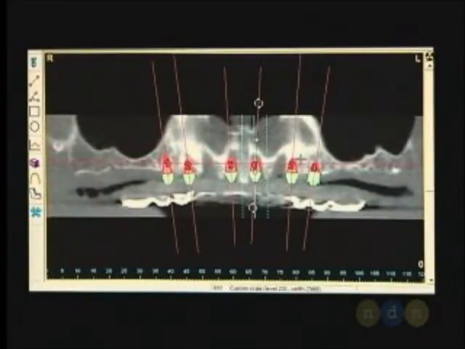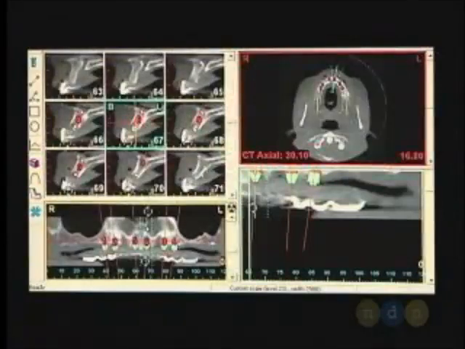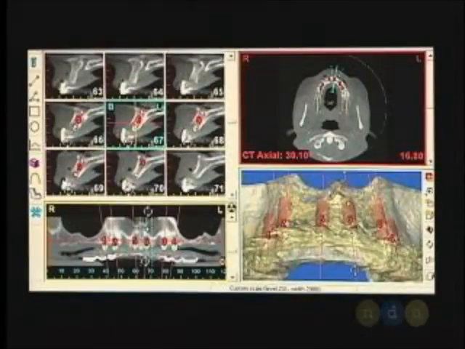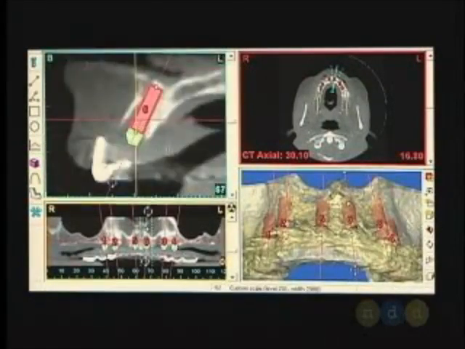We're going to go ahead and you can see that we're going to avoid the sinus on the left side, avoid the canine extraction defects. So I'm going to place my implants in front of the sinus and behind the canine defects, 2 in the central area and 2 posteriorly either side, giving us a tripod. We're then going to go here and we're going to enhance this image here, and we're going to take a